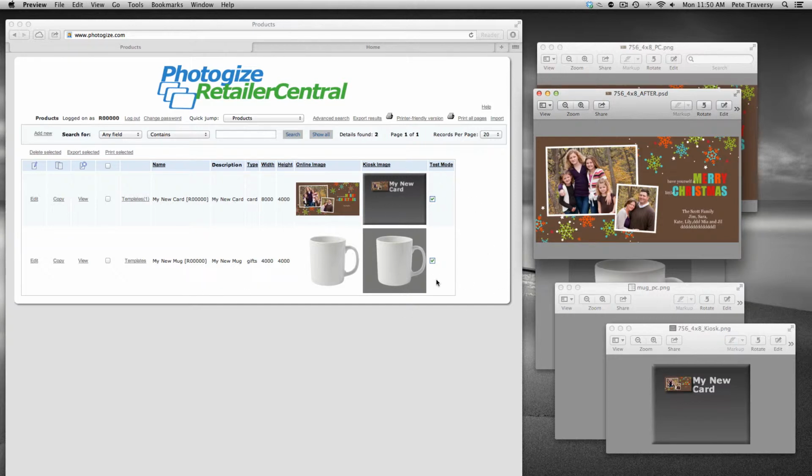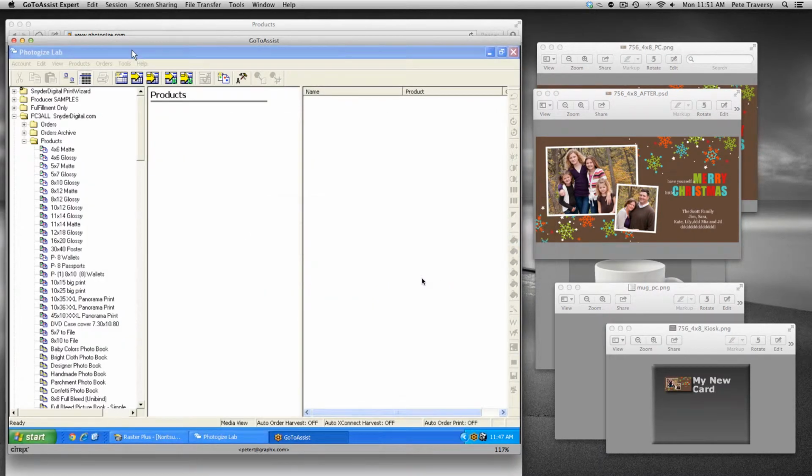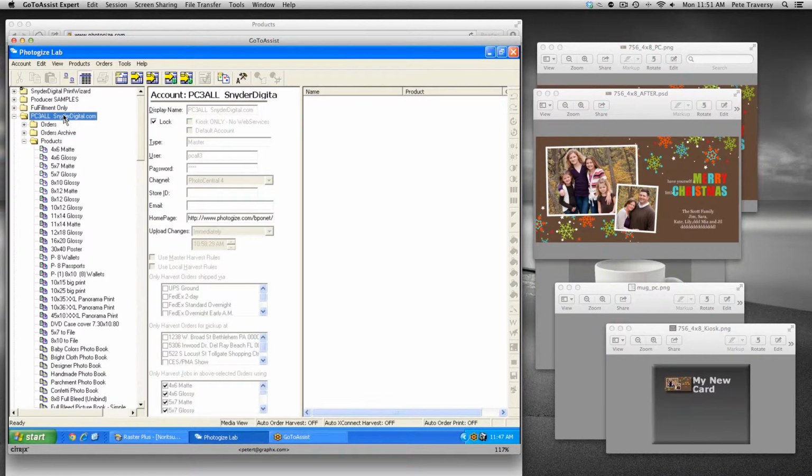And so now we are about to price and publish these products using Photogize Lab. So let's go to that. So here's Photogize Lab, and here's the account that we are publishing products into. So if we click on Product Setup,